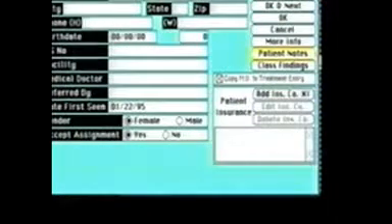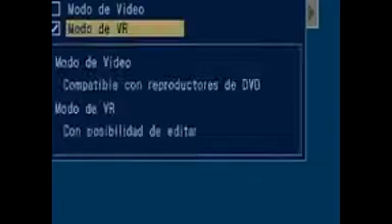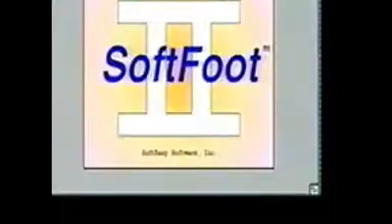The Notes button allows us to add general patient notes. The more... In order to enter a treatment from the SoftFoot II banner screen,